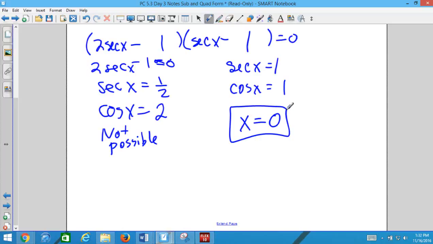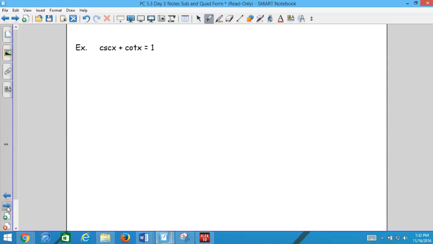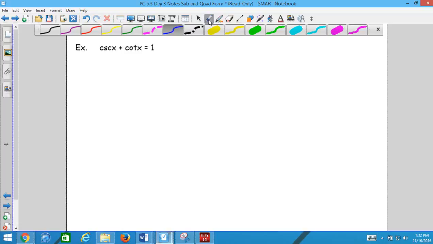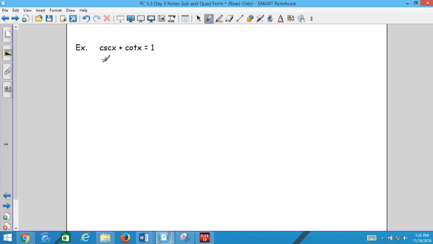The next one, cosecant x plus cotangent x equals 1. I'm going to show you how I did it. There are probably other ways, but I just want to show you my way so you have an idea of what you could try on your own. What I did first was I made 1 over sine x